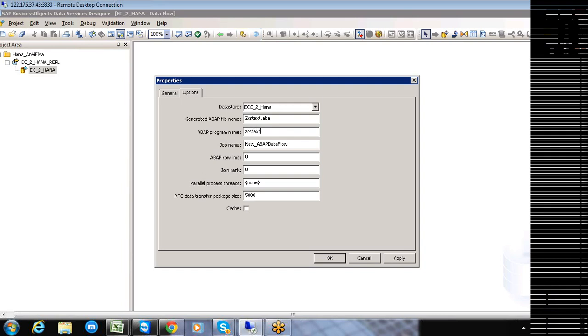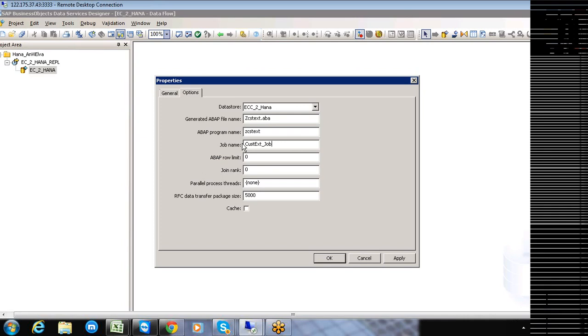Then I need to specify the job name. What is this job name? This job name is supposed to be executed at the ECC side for the purpose of extracting that particular piece of data. Here I'll specify this one as cust ext underscore job.